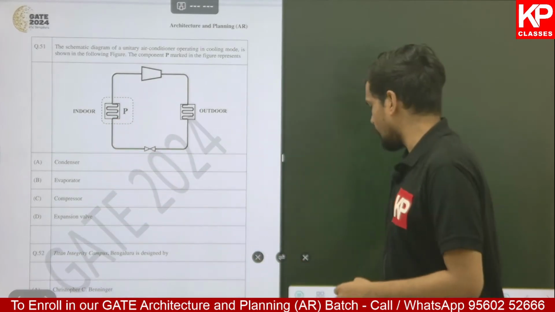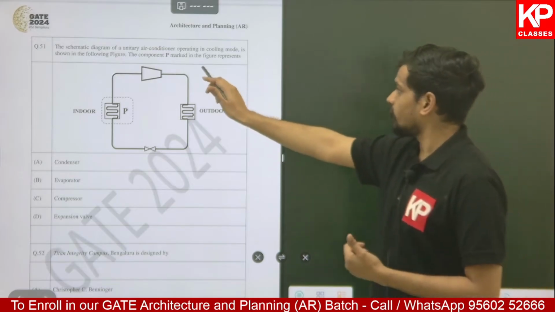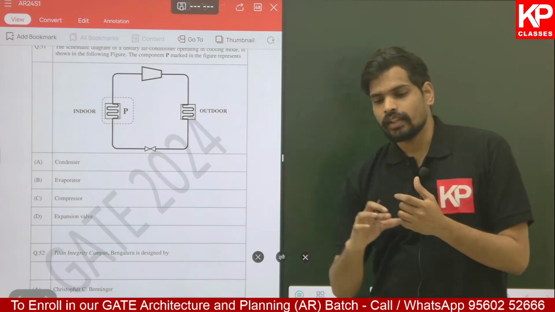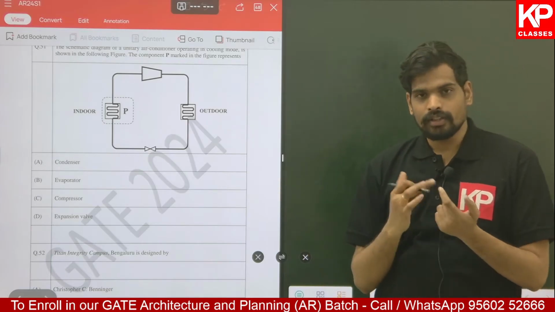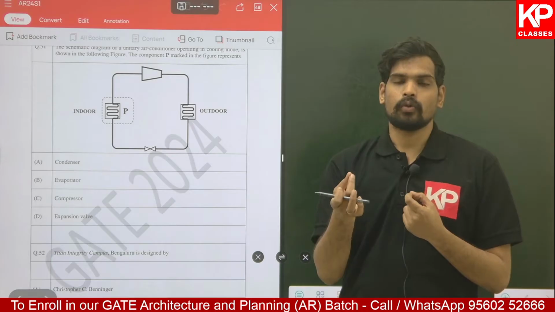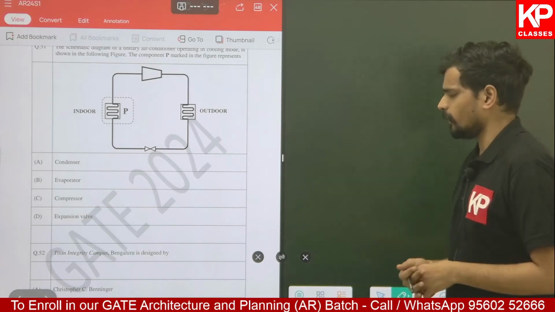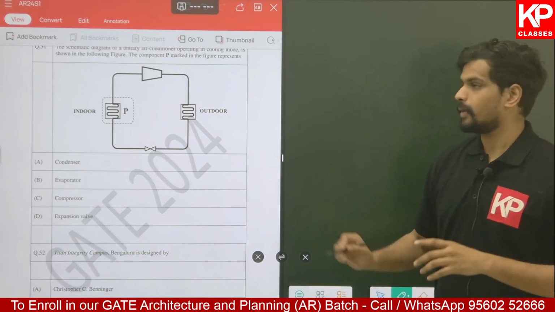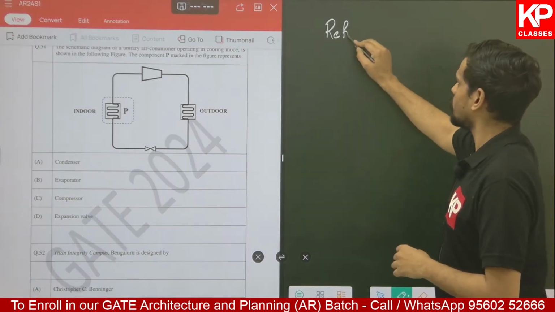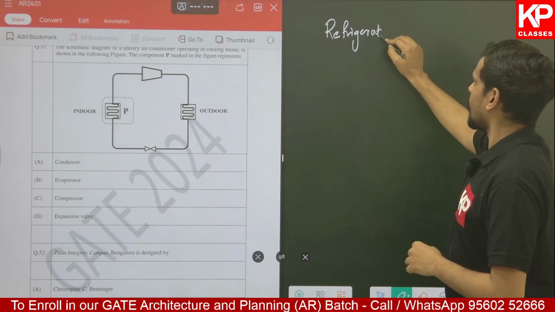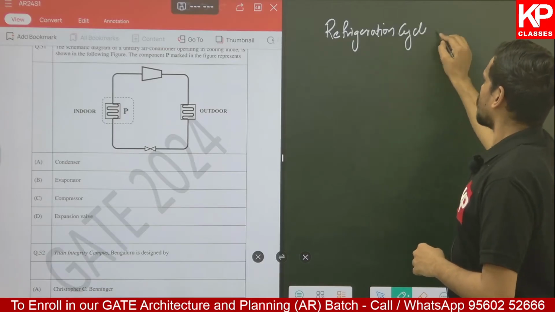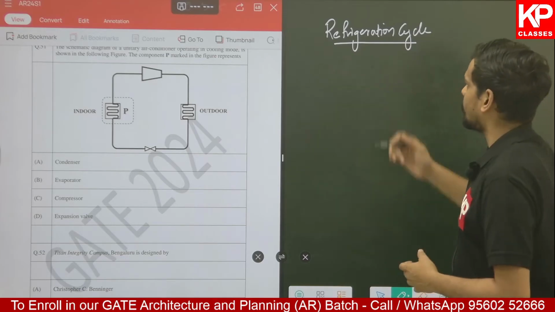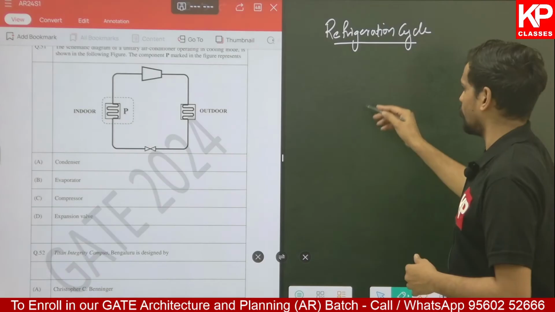If you know about the refrigeration cooling cycle, it is also important to note that the air conditioner here is working in cooling mode, because in cooling mode and in heating mode, with the same refrigeration cycle, the indoor and outdoor coils will be exchanged. Let me not confuse you, but if I talk about the basic components, there are four basic components in the refrigeration cycle, the working principle of any air conditioner or any cooling cycle, starting with a compressor,